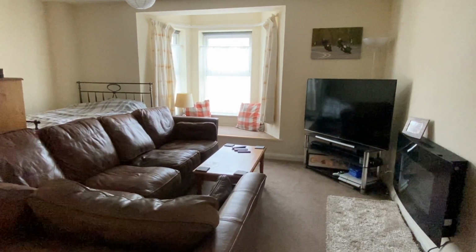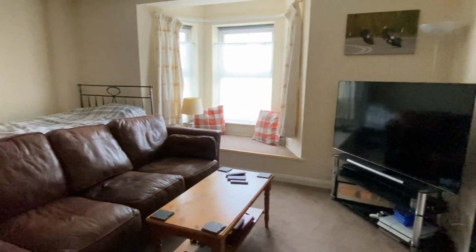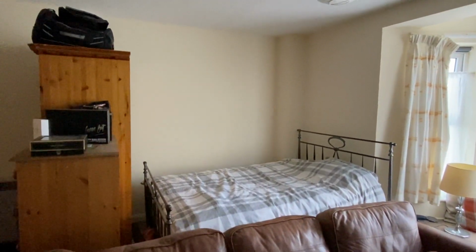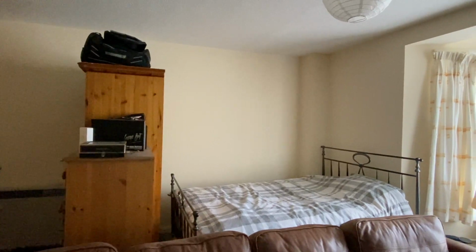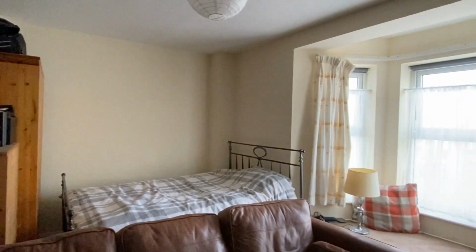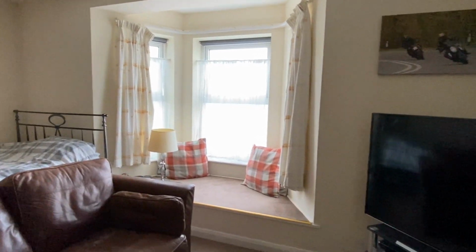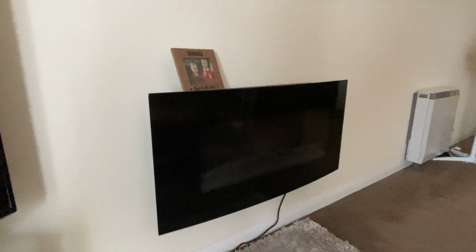The studio itself is one of the largest rooms that I've seen as a studio for sale. I measured it earlier, it's about 5 metres by 6 metres, so we can see how some wardrobes have been used to separate off a sleeping area. This window's on the front of the building, so that looks out onto the high street and is a truly enormous television. Coming round over here we can see there's a very ornate looking fireplace which will create a nice